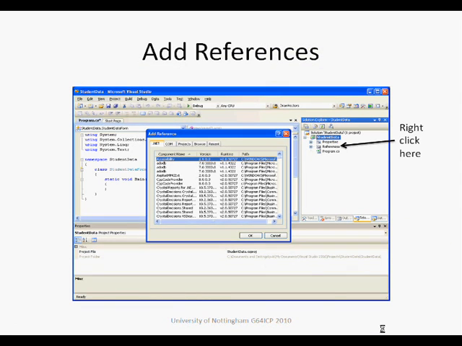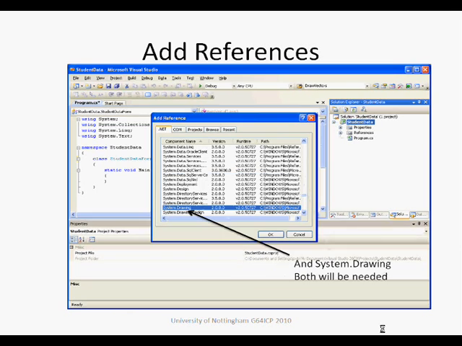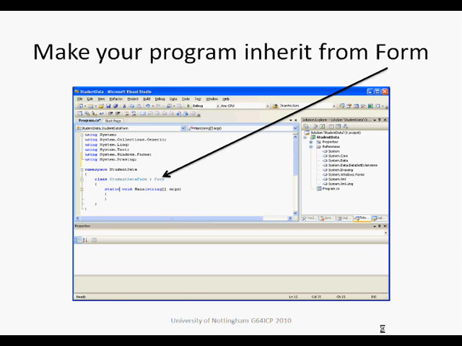Now we're going to add some references. We'll right click on references and then this box appears, and from this box we choose System Windows Forms and System Drawing, both of which will be needed in the project we're developing. Once we've done that, we go OK, and we can add the namespaces to the program, being Windows Forms and System.Drawing. Then we can make our form in our program inherit from the base form,